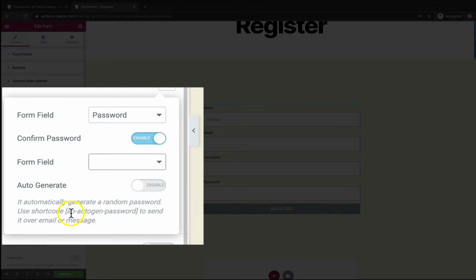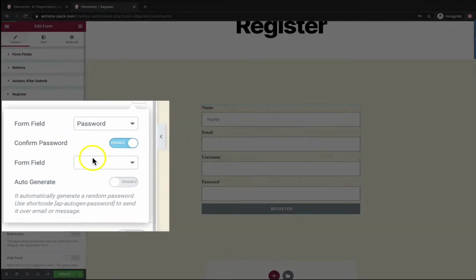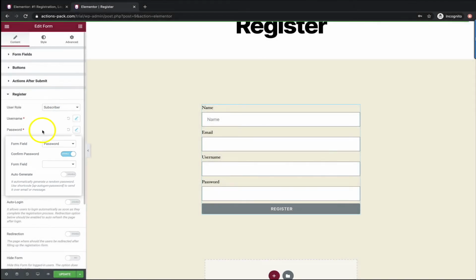It's a very useful feature because it just makes sure that when they're creating an account their passwords are accurate, and they stand a better chance of remembering their own password rather than having to go through the password reset option, which we can create. I should also point out there's the auto-generate feature for passwords as well. So it'll automatically generate a random password, and again, there's a shortcode for that, which could be sent to the user just to help them understand what's been set.